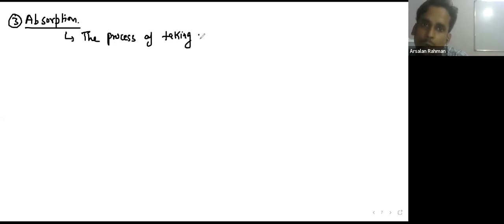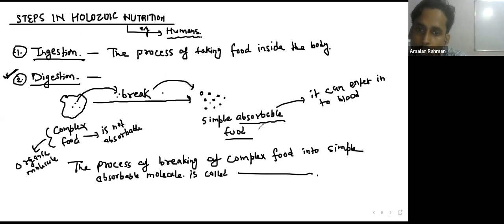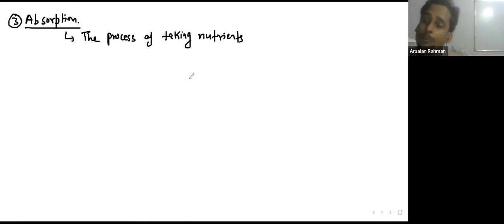Taking nutrients. What are these small molecules? We can call these small food molecules nutrients. Food contains what beta? Food contains nutrients, right? And food provides nutrition. The process of taking nutrients or simple absorbable